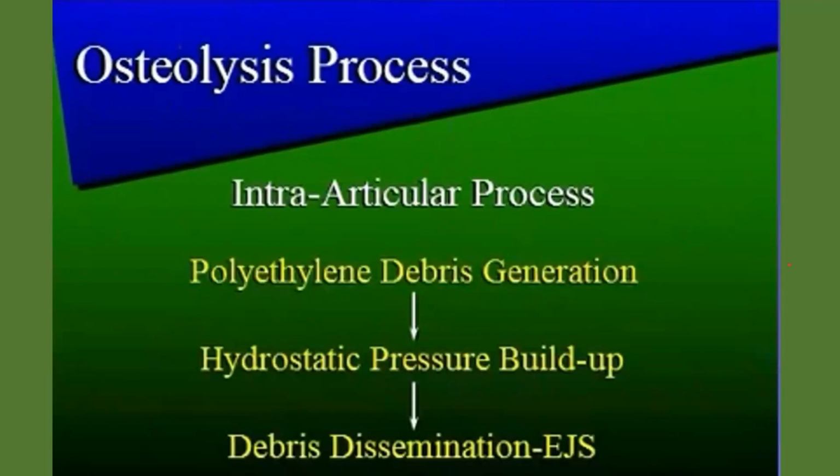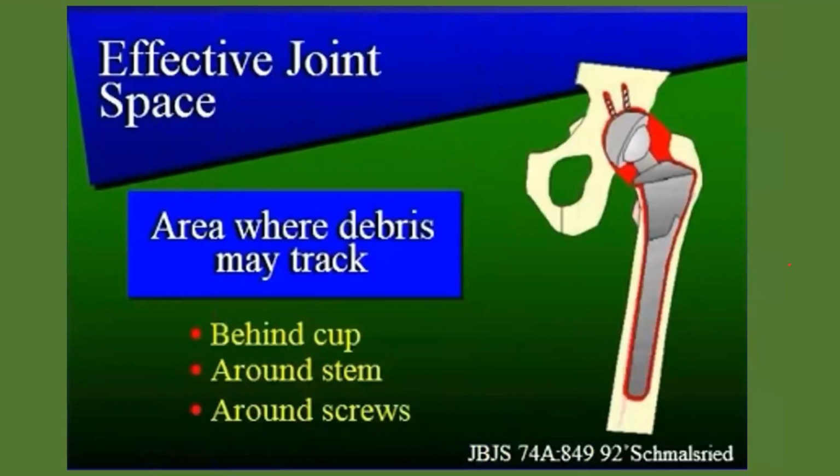Okay, so you have to pay attention to this, and you should know that the wear debris occurs in the acetabulum from the polyethylene. Wear moves under pressure with motion distally, and in this way it surrounds the stem. This shows how. The area of wear debris starts behind the cup, goes around the screws, around the stem as it moves distally, and around